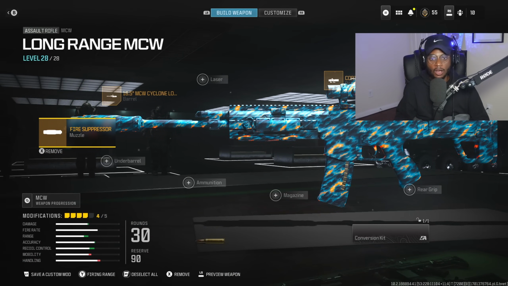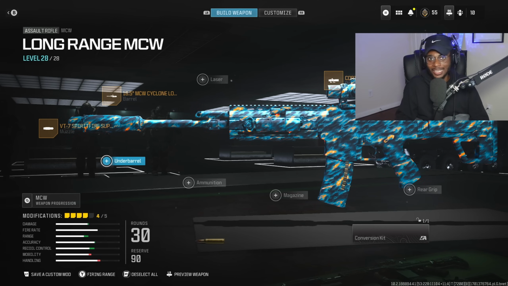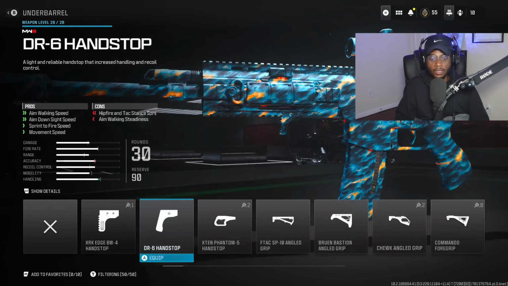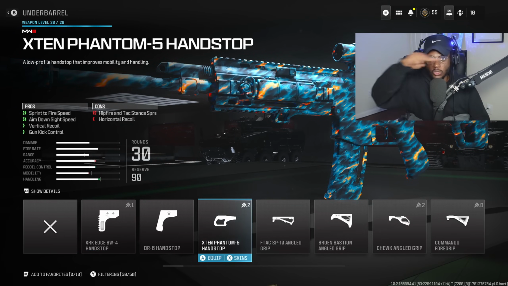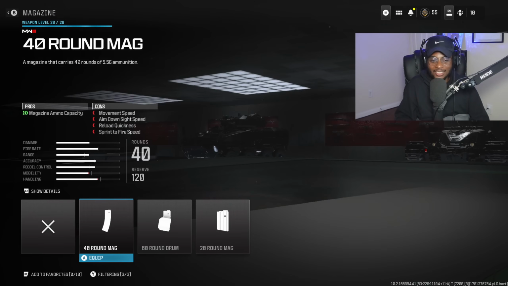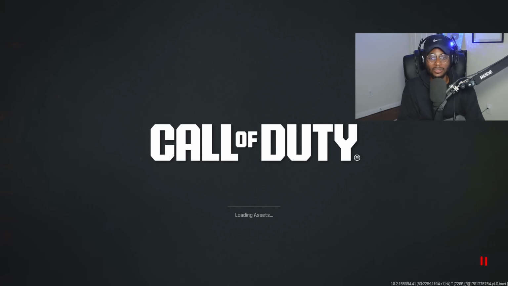And then finally, you can have 1 or 2 choices here depending on how much recoil control you want to have. This gun literally doesn't have recoil, but if you want it to have literally 0 recoil, you can equip an underbarrel and run the X10 Phantom 5 hand stop, which is going to be smoothing out that recoil pattern. Or if you really want to make this weapon ridiculously effective, you can go to the magazine and put on the 60 round drum, which is disgusting